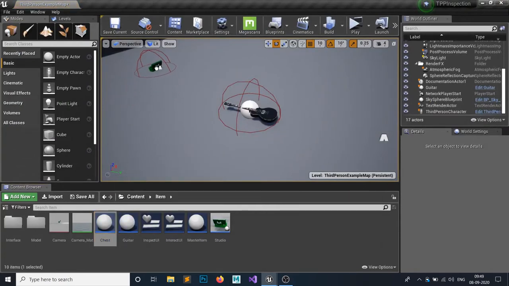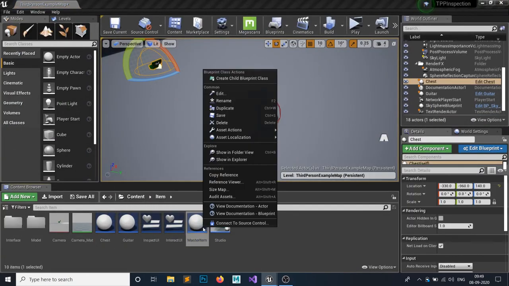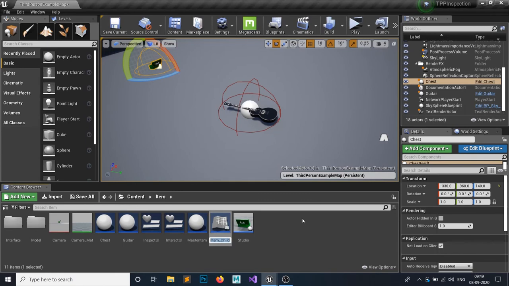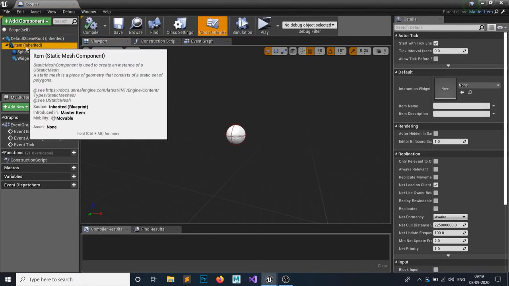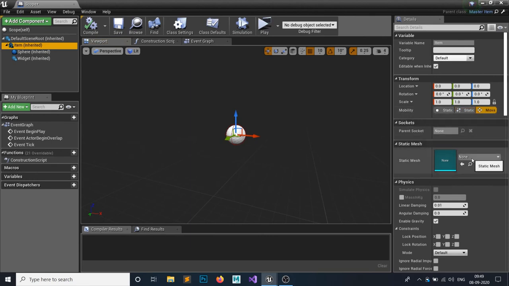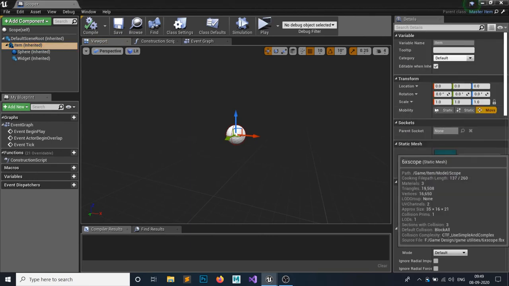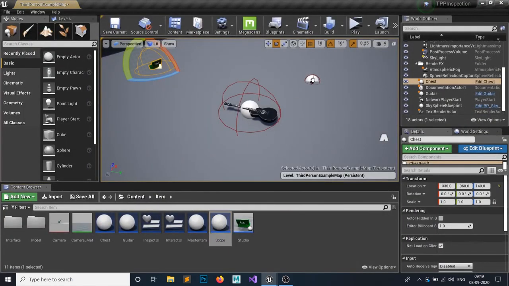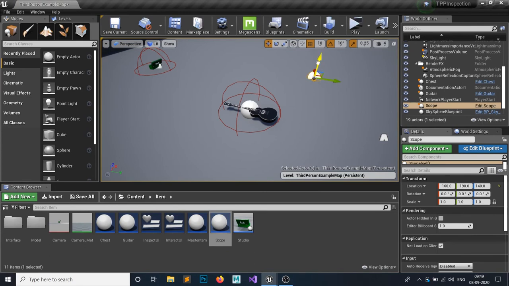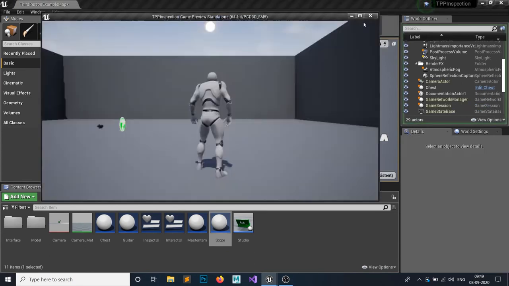Add this chest in here. Let's make another called scope. So scope, open this up. Let's make the scope a 6x scope. Let's see if it's working or not. Let's add the scope to here and bring back up so we can see that. Hit play.